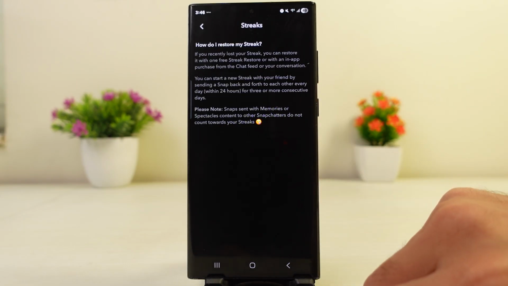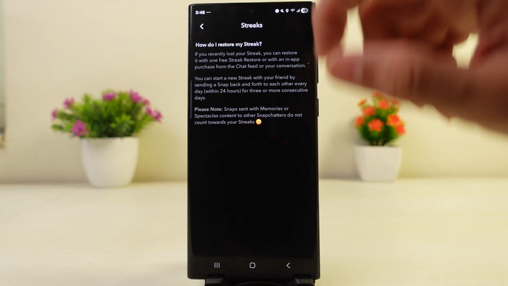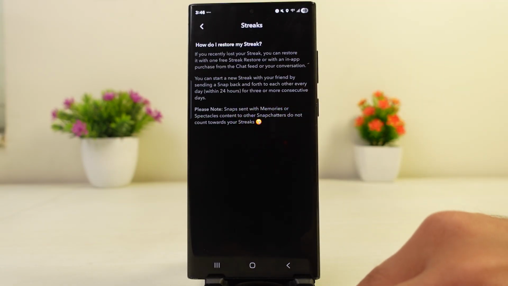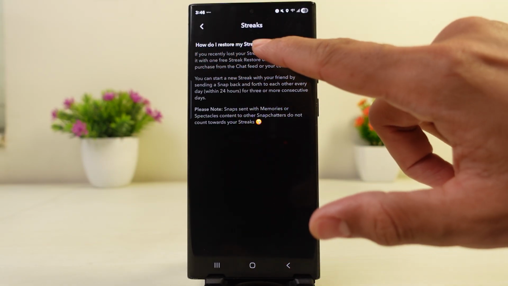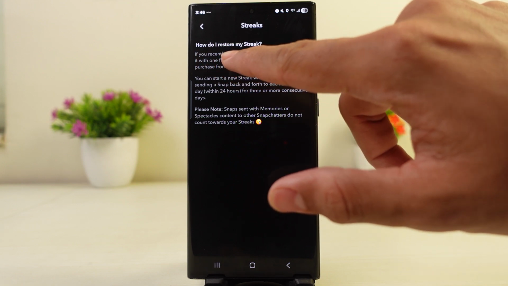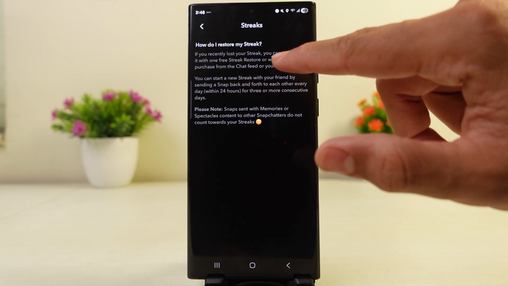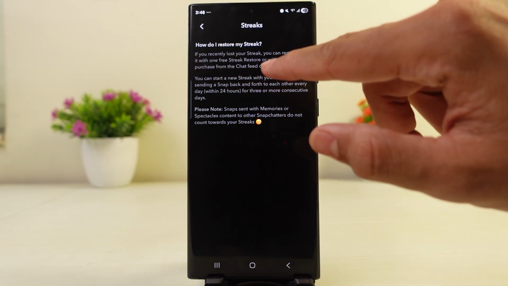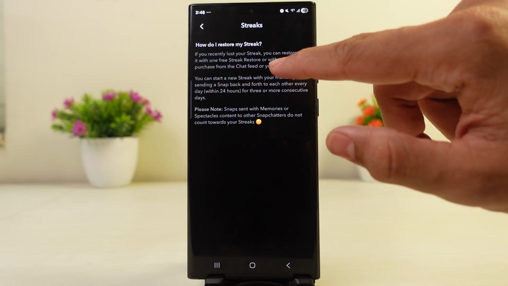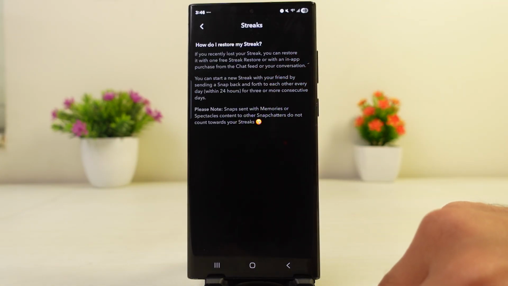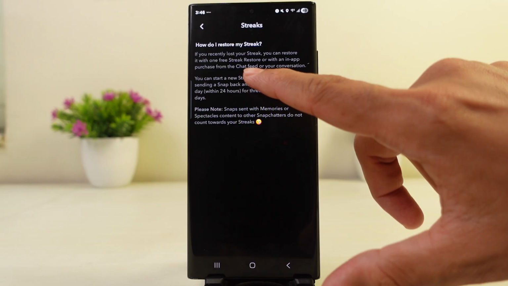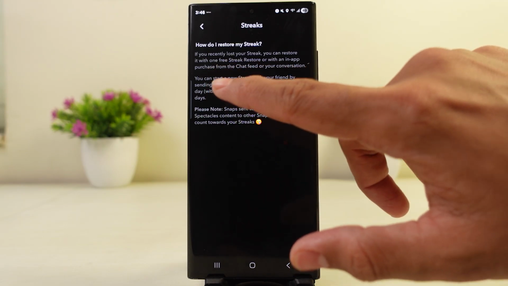I restore my streak." By doing so, you'd be able to read this prompt over here, and as you can see, it says if you recently lost your streak, you can restore it with one free streak restore or with an in-app purchase from this chat feed or your conversation. However, you can start a new streak with your friends as well by sending a snap back